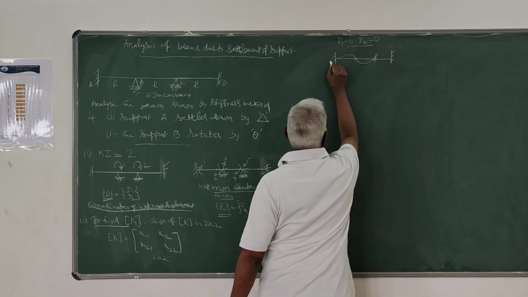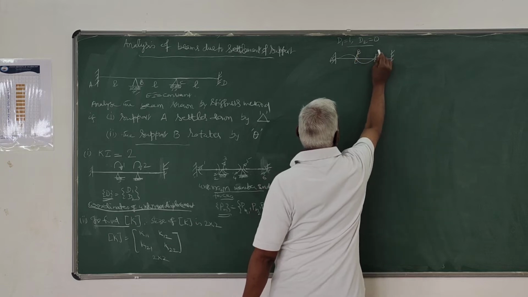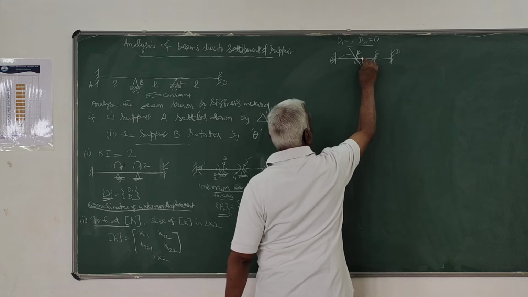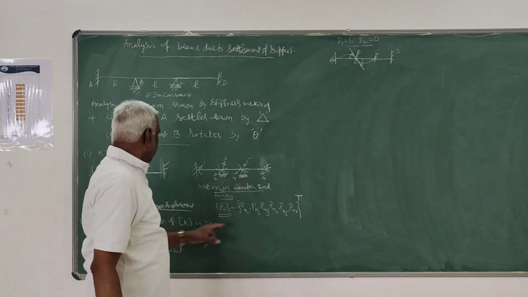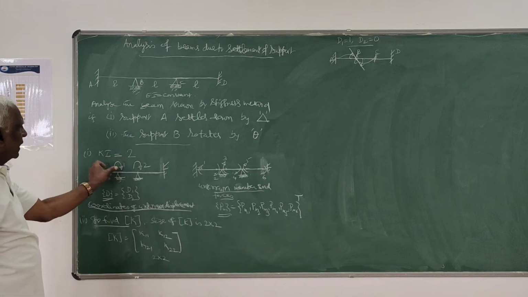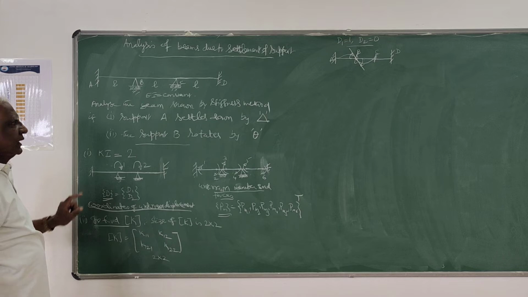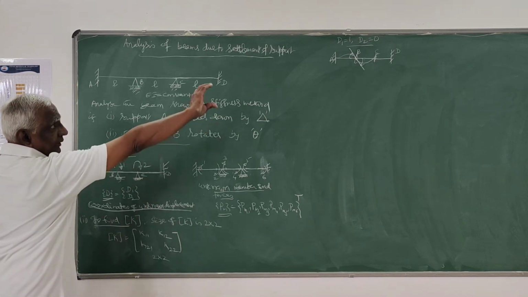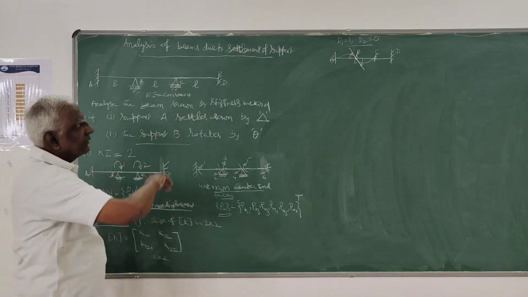And A, B, C, D. Now this is how I have to give displacement. This is d1 equals 1. d1 I am giving here at the second joint, that is joint D. At joint D I am giving unit displacement. It will displace in that fashion.